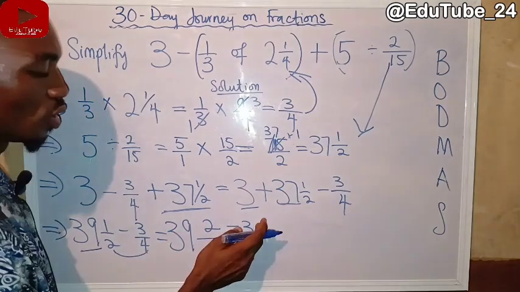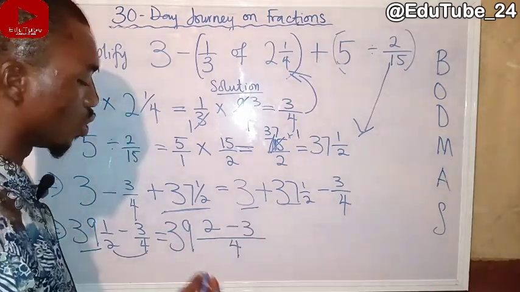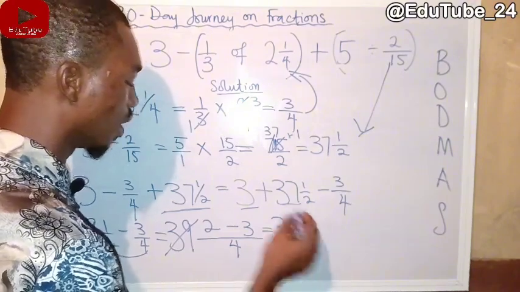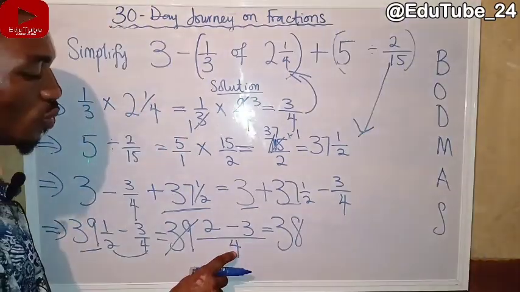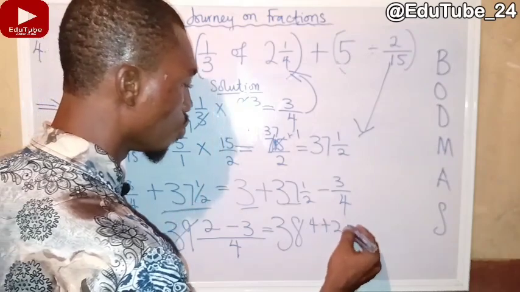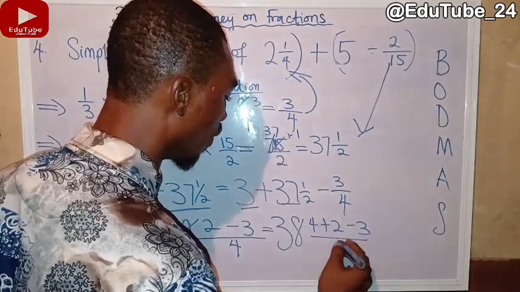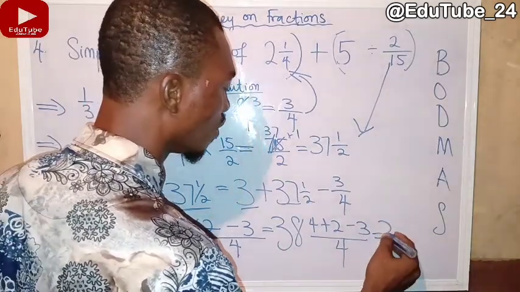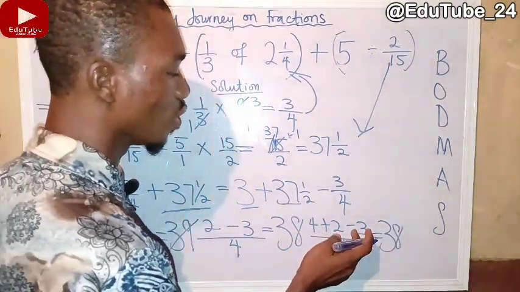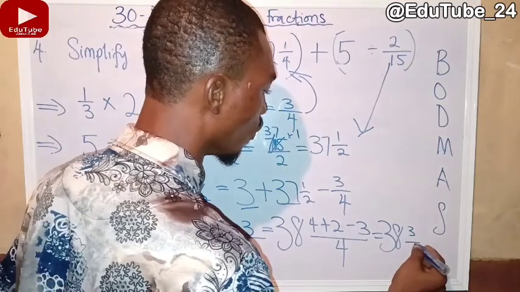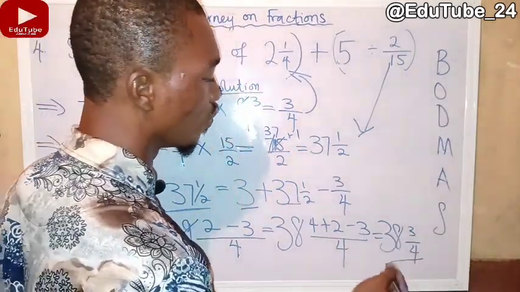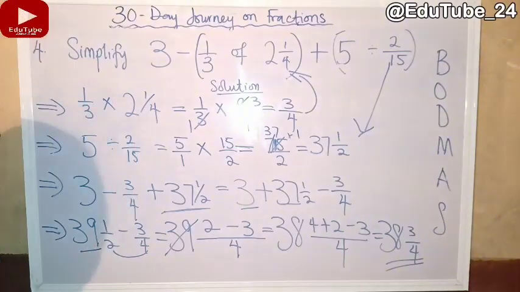2 certainly cannot take away 3. So what do we do? As we've been doing, we borrow 1 from 39. So we are going to have 38 whole number. And then the 1 whole number we borrow will become 4. So we are going to have 4 plus 2 minus 3 all over 4. So we are going to have 38 whole number. 4 plus 2 will give us 6. 6 take away 3 will give us what? 3 over 4. So our final answer is 38 whole number 3 over 4. So that is that about